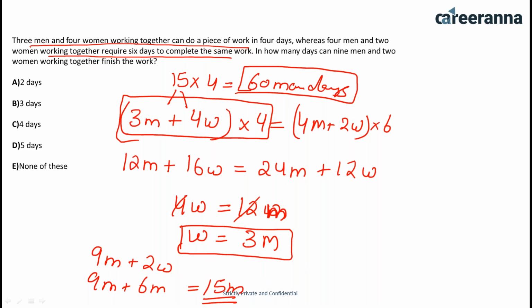We have converted all the women into men. So now you can directly say that 60 man days is here. So total work was 60 and this is completing by 15 men. You can directly say that this is going to be completed in 4 days. Okay, so whenever you will see this type of question, you can solve by this method, by whatever is given in the question for the particular men, women, or it may be child also.